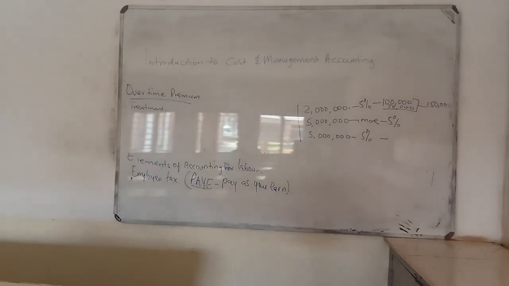And they're saying for treatment number 1, the overtime premium has to be charged on factory overheads, because it's not directly to the job, it's just random. It's just an overhead, not part of the product. It's indirect. And then the second one, treatment number 2, they say it should be charged to the overtime itself, because it's something that we want. It's direct to the work that is supposed to be done.